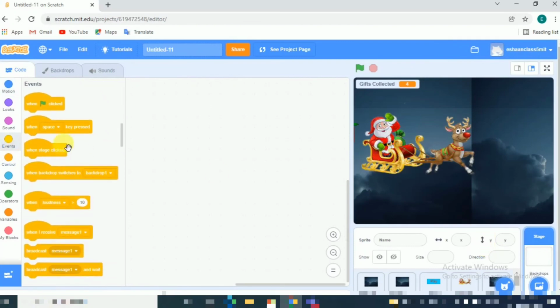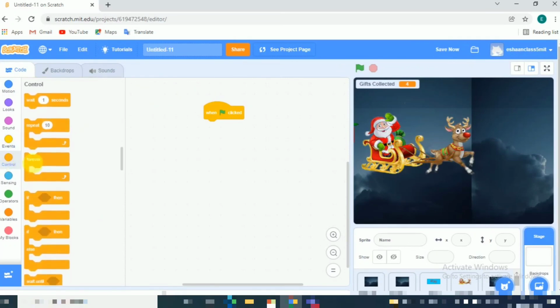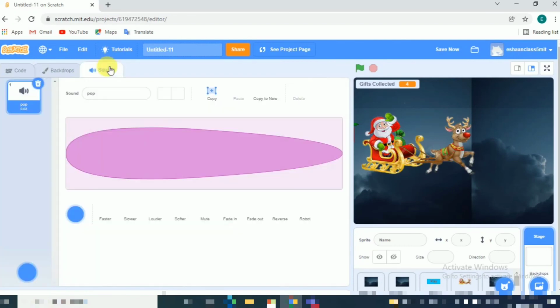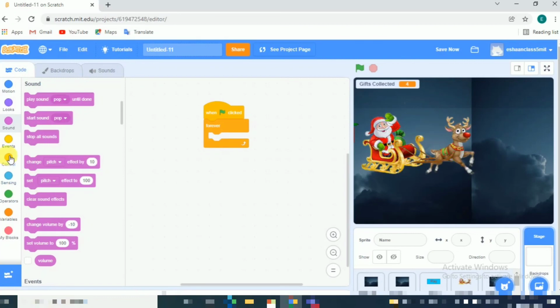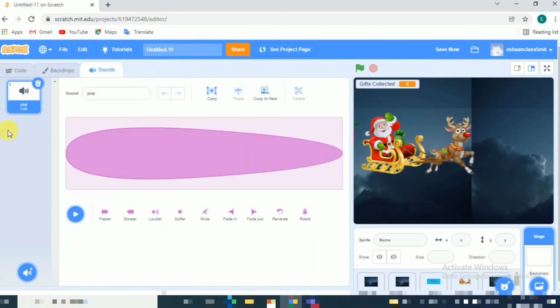So we will go to events and take when flag clicked, then go to control and take forever, and then go to sounds. No, don't go to these sounds, go to here, and then upload a sound, upload any Christmas sound. You can search for it.